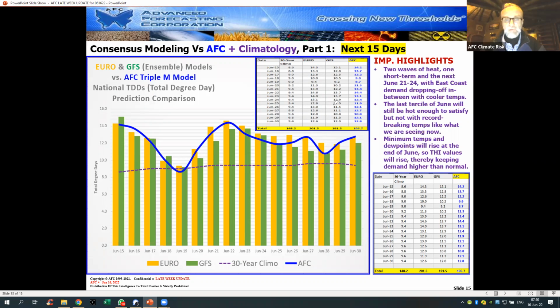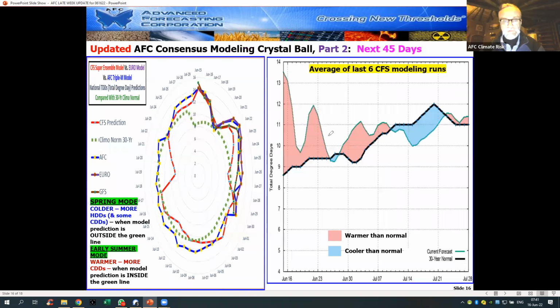Sorry, we've got the 2 charts here with the same number, but you can see there's the seasonable demand, June 19th. It comes back quickly, and then we kind of just go down. It's a little bit of a slight sort of trend down in heat towards the end of the month into early July, but we're still probably bullish enough to satisfy with temperatures still above normal.